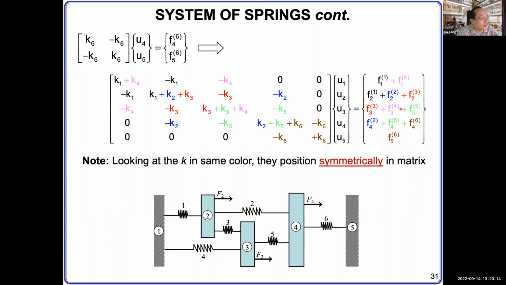Okay, so you can actually test from here, from top to down. They are node number 1 to node number 5. You can see node number 1, there are 2 components. That means on node number 1, there should be 2 connections here. So see, node number 1 is the wall. It has the 2 springs connected, number 1, number 4. So that's why we have 2 forces, F1,1 and F1,4.